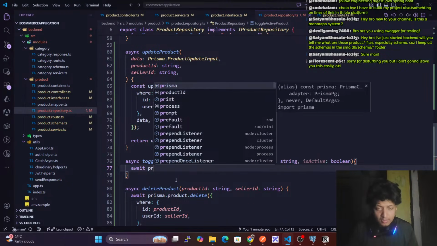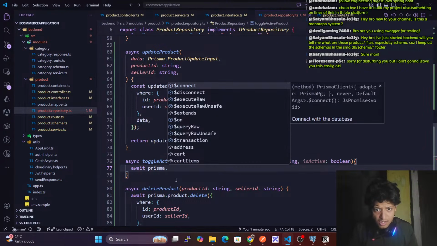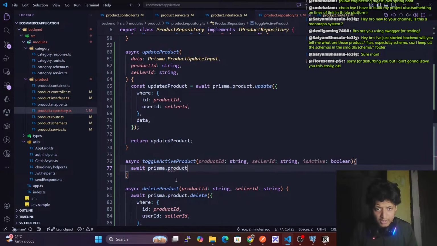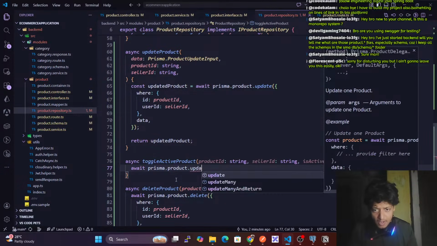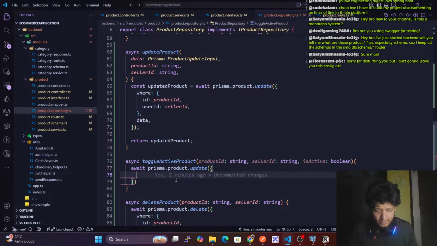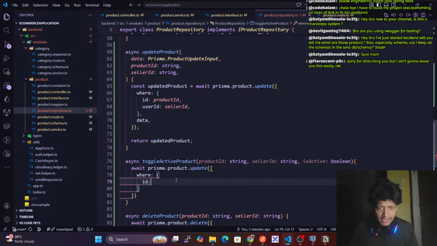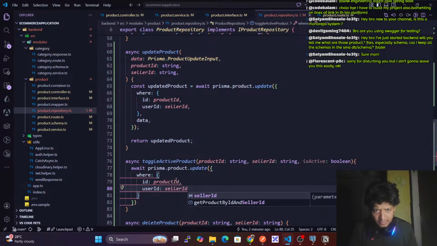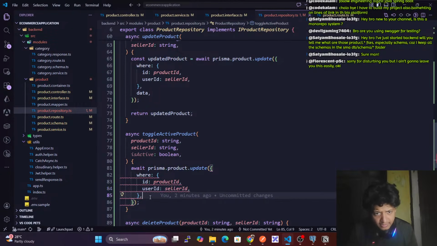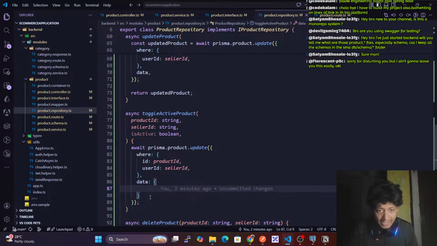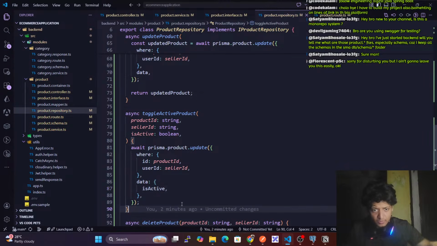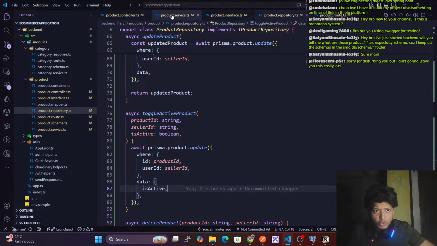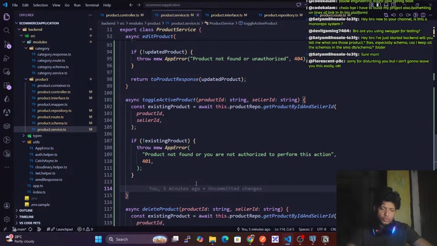So here we are doing prisma dot product dot update where ID is product ID and user ID is seller ID, and here in data we have is active. Okay, we are doing this. So here we have to do, okay, so await